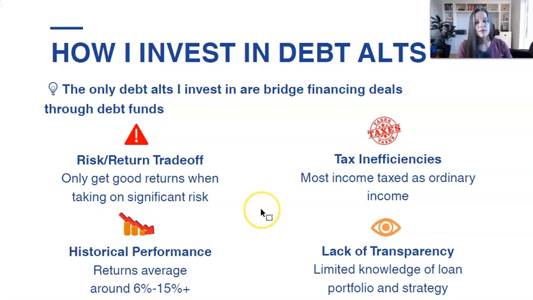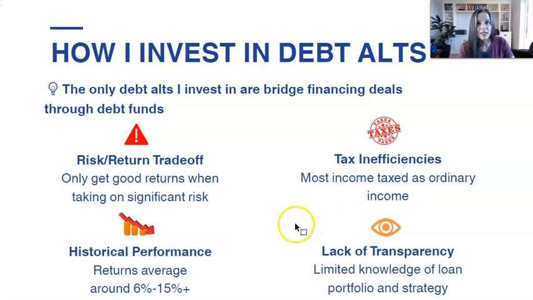Tax inefficiencies. The same tax inefficiencies that exist with traditional forms of fixed income like bonds, CDs, savings accounts, they still exist here, right? In most cases, the income is all ordinary income, interest income, taxed at ordinary income rates. So that's not good. And I don't think, especially looking at the returns and the risk you're taking to get those returns, which are already kind of low, when you then add in the tax inefficiencies, I just don't like it.